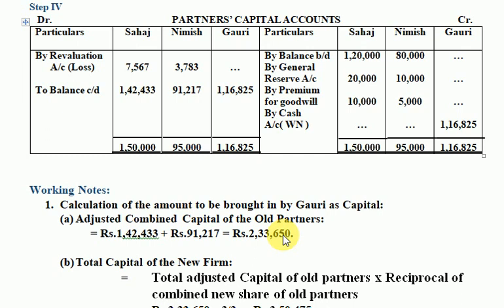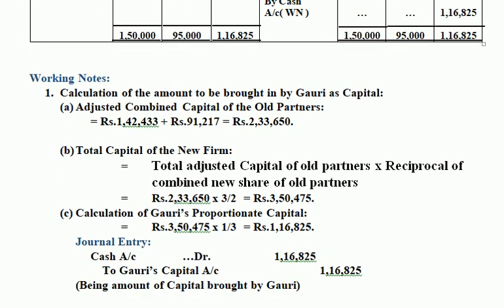2,33,650. With the help of this adjusted capital, we will calculate the capital of the new firm, which is a simple mathematical step. You are supposed to write this amount 2,33,650 and multiply it with the combined new share of old partners. And combined new share is 3 by 2. This gives you the total,